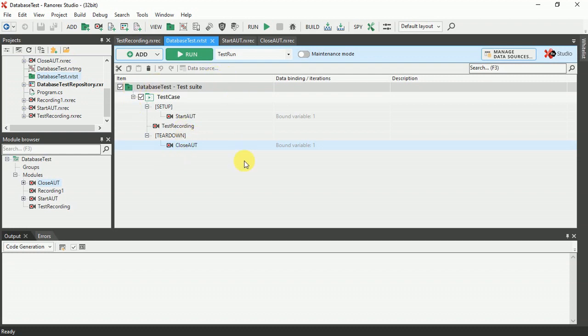So you can run this particular recording by clicking on the run button. So just click on it. Now here you can see the solution is building right now. Just wait for it. It will take a bit of time.